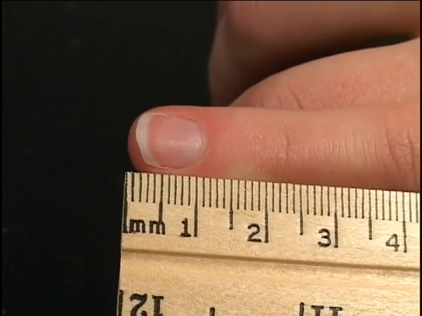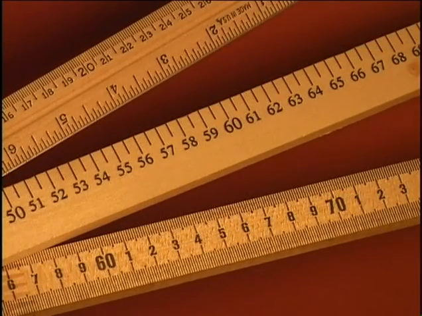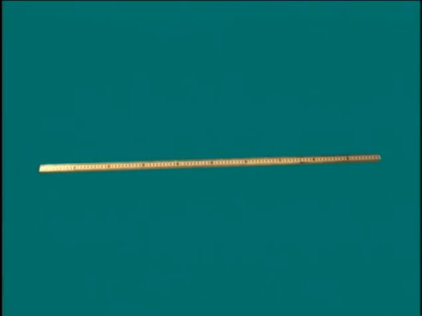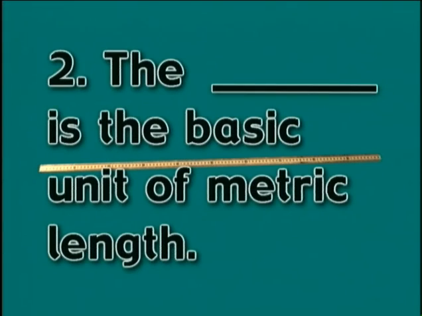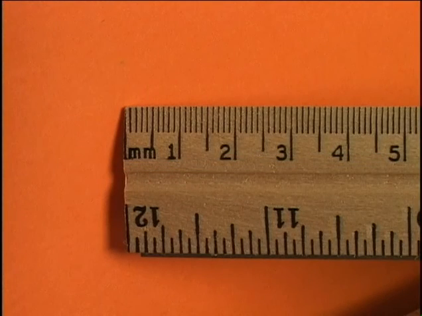Fill in the correct word to complete the sentence. Good luck, and let's get started. Number 1. Scientists use the system of measurement. Number 2. The is the basic unit of metric length. Number 3. The distance between 2 and 3 on this metric ruler is a